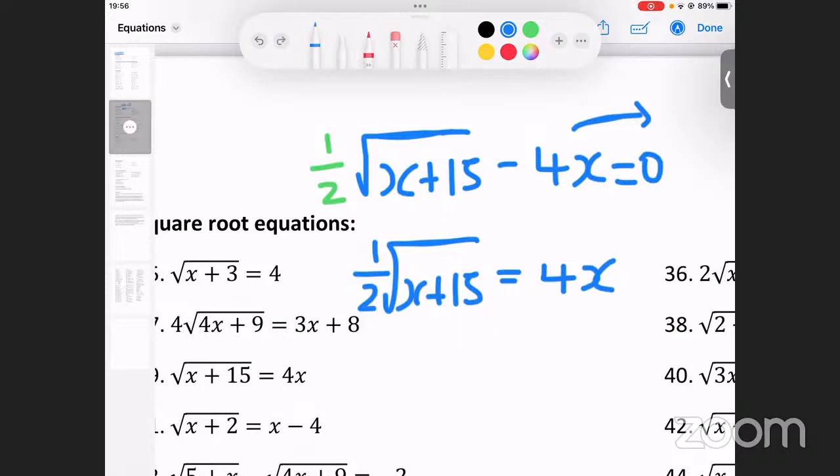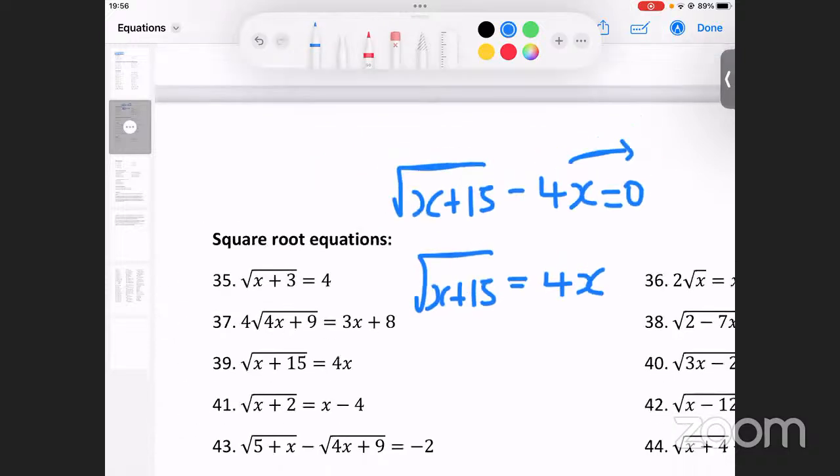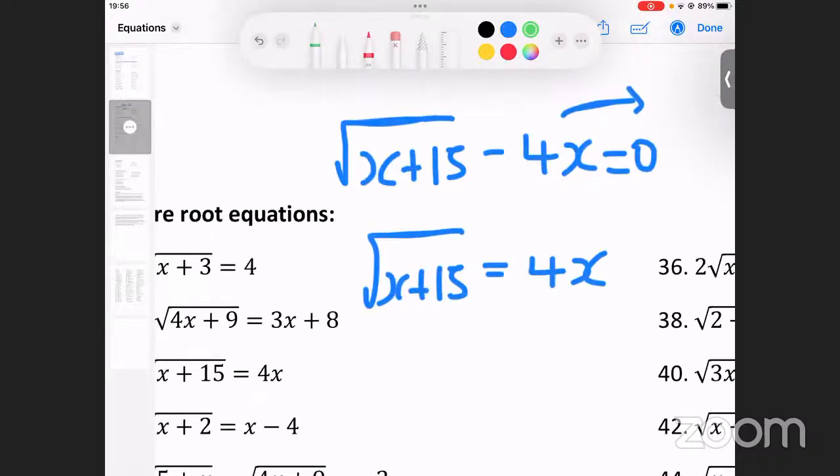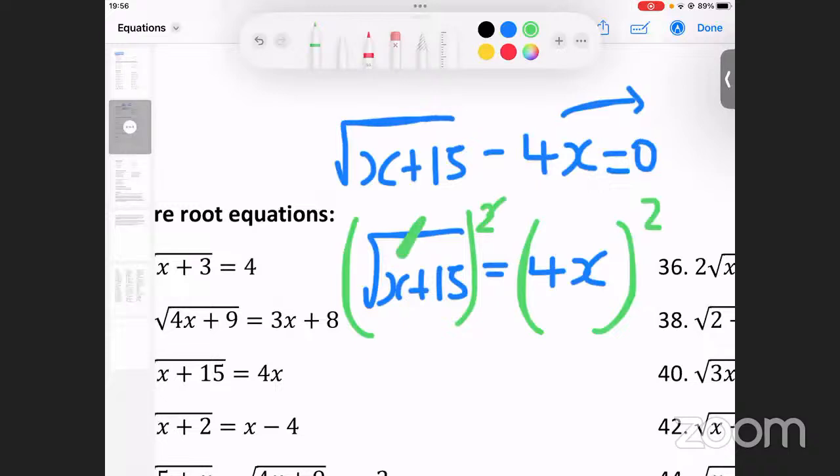So now, remember, in this case there is no half. We are doing number 39. So what Sinit was saying there, you need to square both sides. The reason why you had to take this thing to the other side is because you had to square both sides so that the square root cancels with that exponent. Okay, there's 1 there. What is 1 to the exponent of 2? It remains 1. So that is why nothing much changes there. Meaning if it was 2 there, then it would be 2 to the exponent 2, which makes it 4, and then the square root cancels with that.